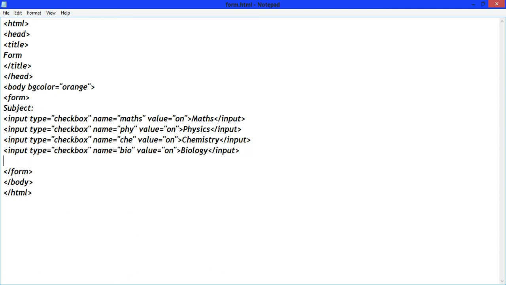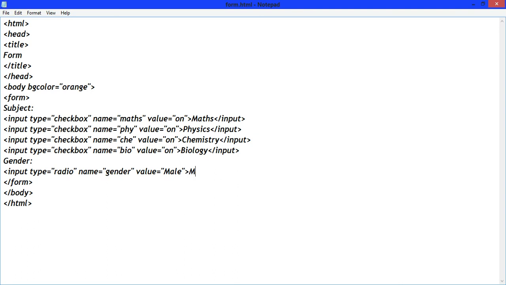Now write here gender, and write input type equals to radio for the radio button, name equals to gender, value equals to male.